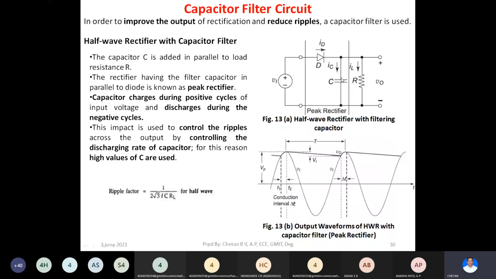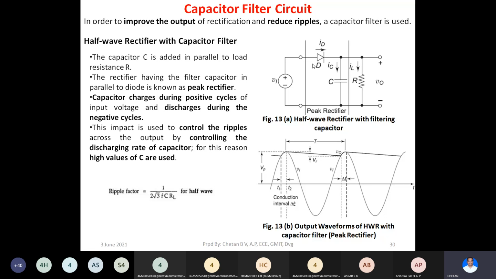The capacitor would not be connected directly with the input AC source. Therefore, this capacitor will start discharging in this direction. And as this is an open circuit, the entire discharging current from this capacitor will be fed to the load. So this current IL, which is flowing through this load, would be from the capacitor. The capacitor would source the current IL through this load whenever it is discharging. This would be the operation during the positive half cycle.